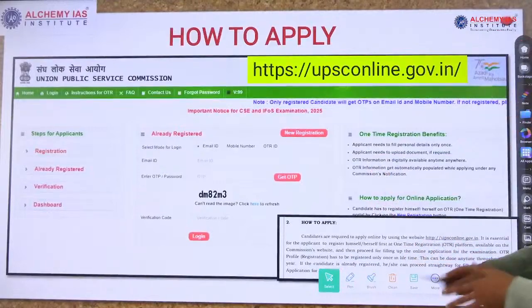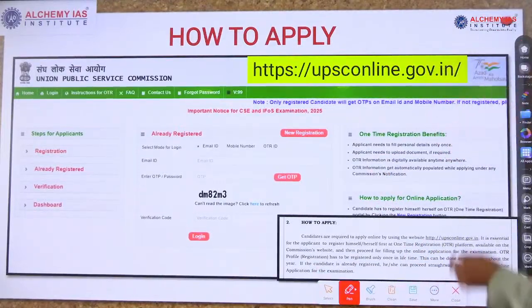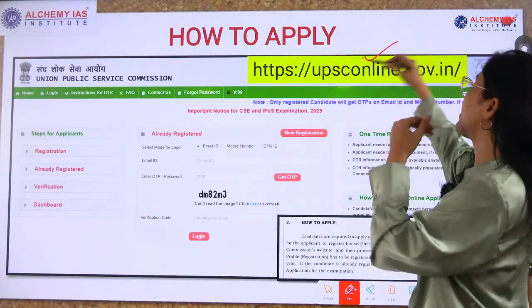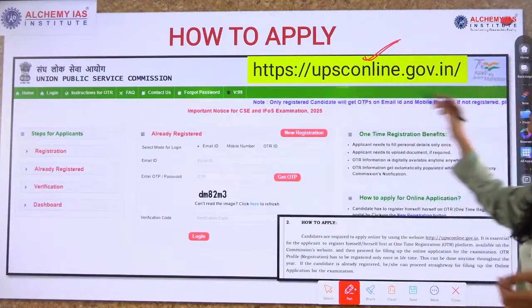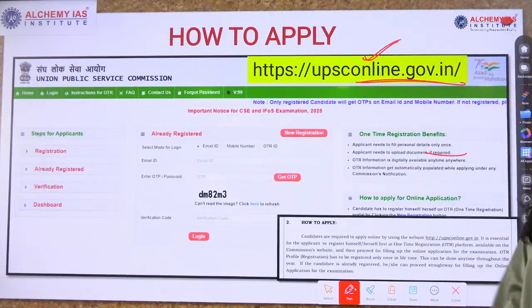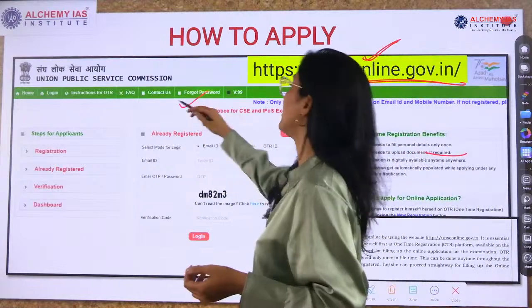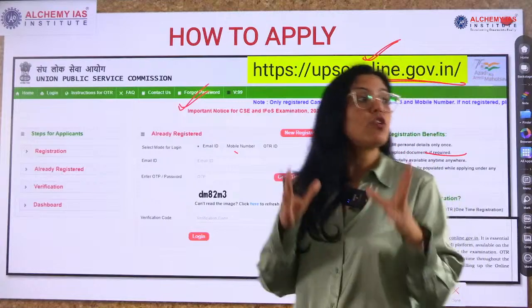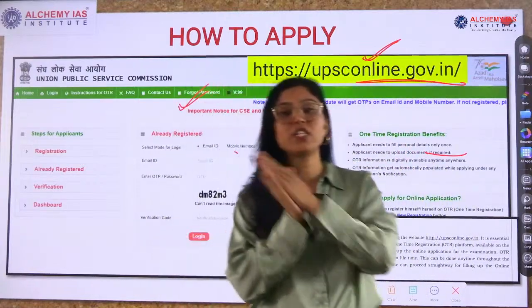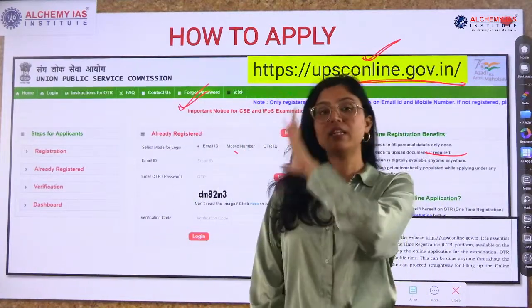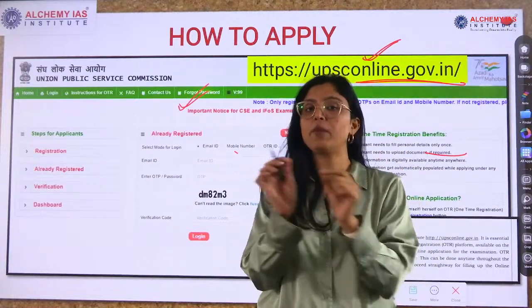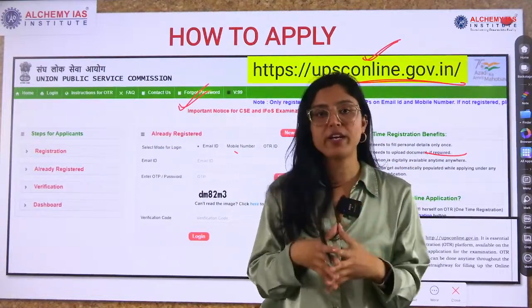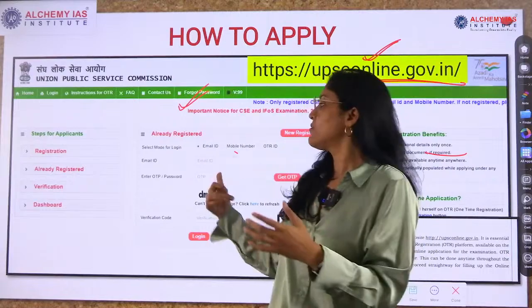Okay, now let's go towards the application form, how to apply. We already discussed the website, upsconline.gov.in, and this is the OTR platform. For all those new students who have not registered OTR, this is the first step, one-time registration, and if you have already registered OTR, then this will be your second step.